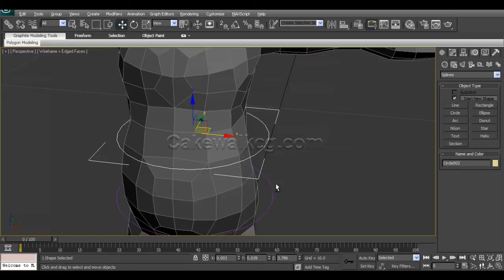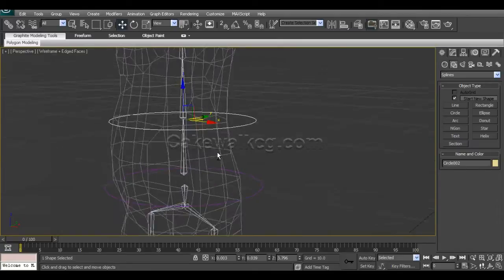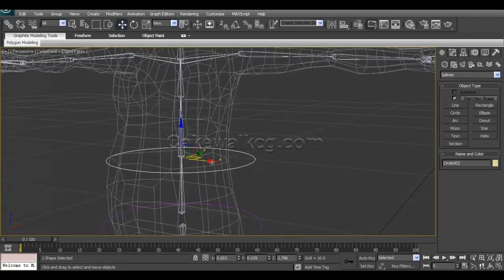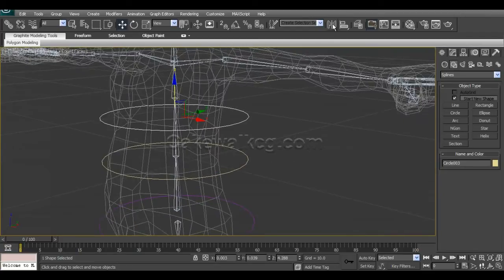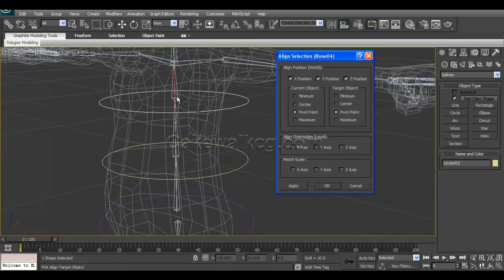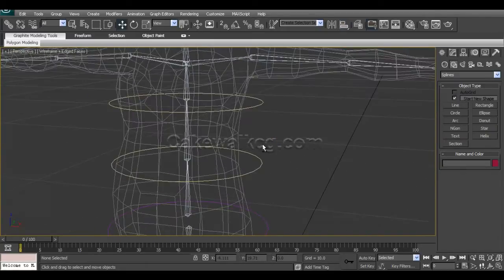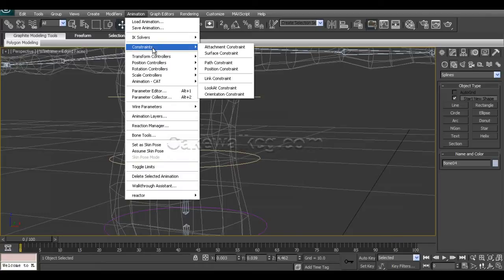Press F3. Yes, my everything is outside the body. So this will be our another spine controller, and I will just duplicate this copy and align this to the next spine joint. So that will do. Right now what we will do is select the bones, animation, constraint and orient constraint, and